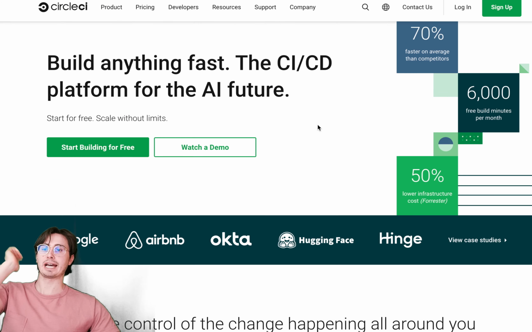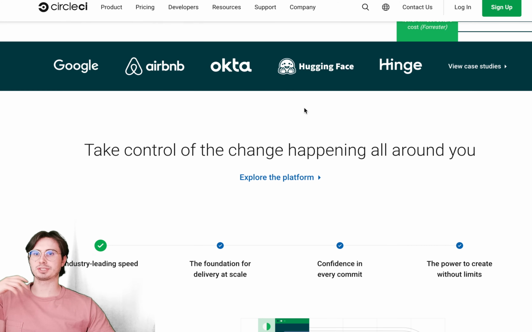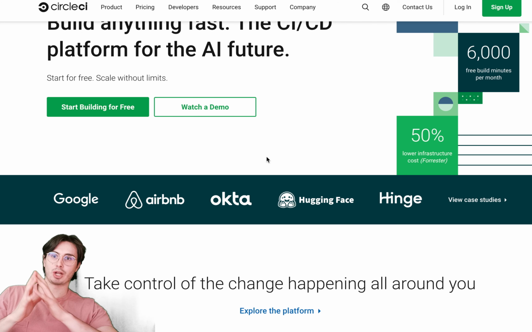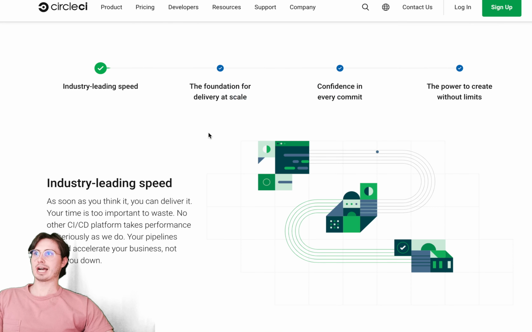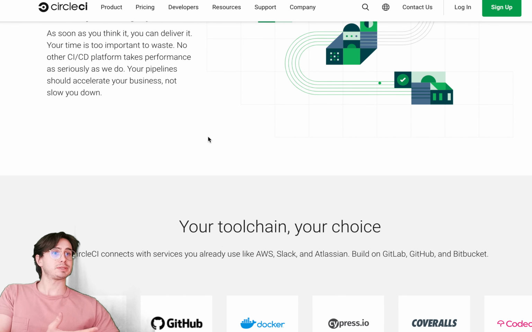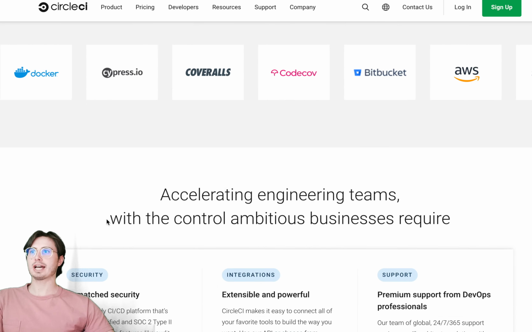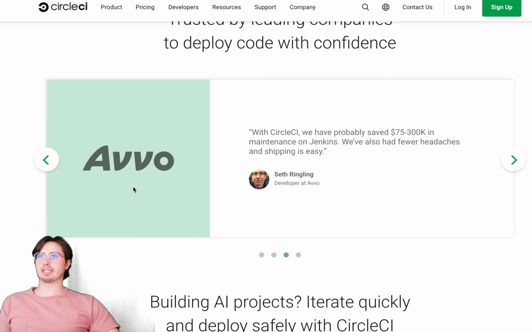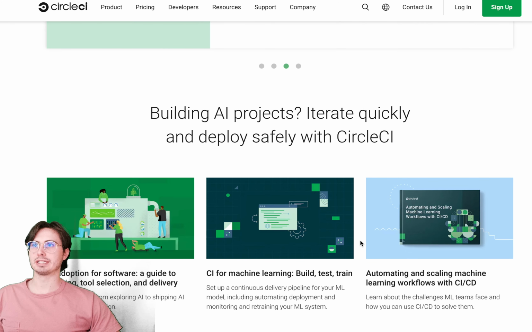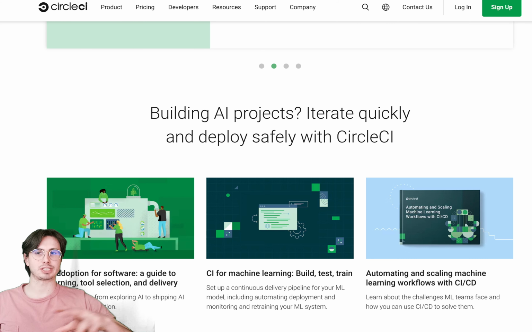Next, we have CircleCI. CircleCI is one of the more modern continuous integration tools that automates the build, test, and deployment processes. It is Dockerized. It's really built around Docker, and runs jobs in clean containers or virtual machines. So you take your code, and CircleCI will run that code in a specified virtual machine that maybe simulates a production environment. It's designed for enterprise grade testing, having the ability to set up these really custom machines, but without needing to do a lot of the backend architecture and build the plugins yourself,